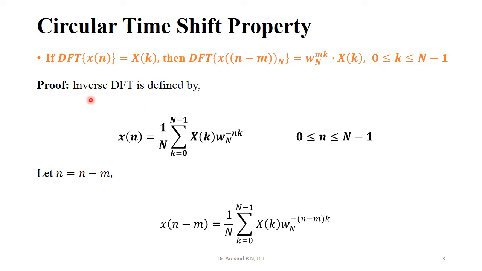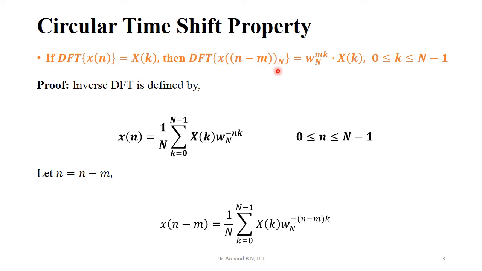This is going to start with the inverse DFT representation. So define the inverse DFT. We are going to have x of n is equal to 1 by N summation k is equal to 0 to N minus 1 X of k omega N to the power minus nk, for all the values of n ranging from 0 to N minus 1. Just make a comparison of what we need to prove and what we have in this IDFT expression. We have x of n and we need the realization x of n minus m with respect to N.